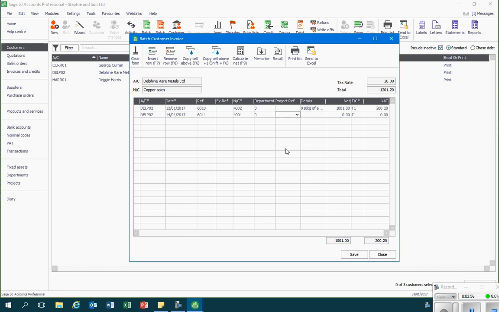I'll ignore the department and project reference columns, and in the details I'll record a description of what has been sold. So 721 kilograms of copper. In the net column, I'll record the net charged for the sale. And once I move away from that net, we can see that Sage has calculated the VAT on that sale. So I go through all of the different invoices, and once I'm happy that I've recorded them all,